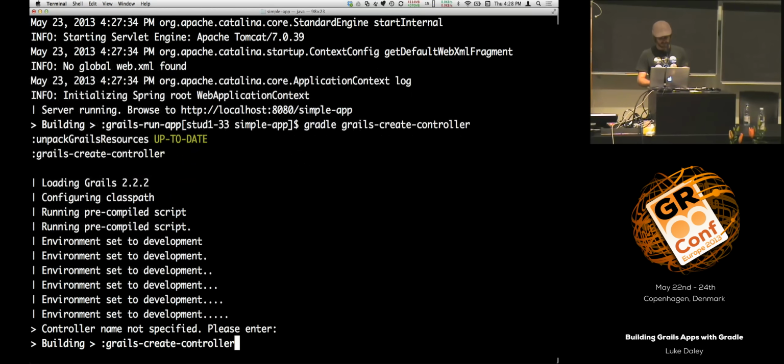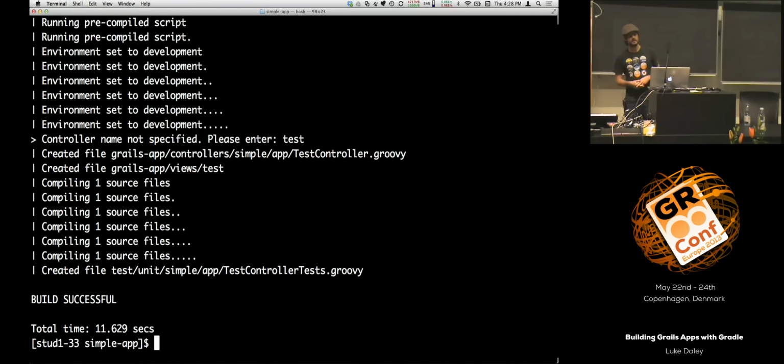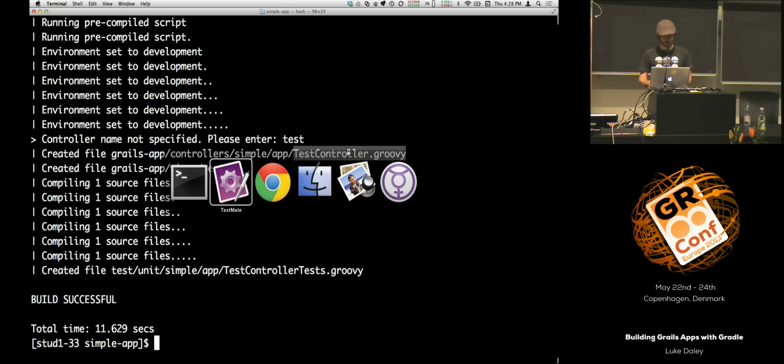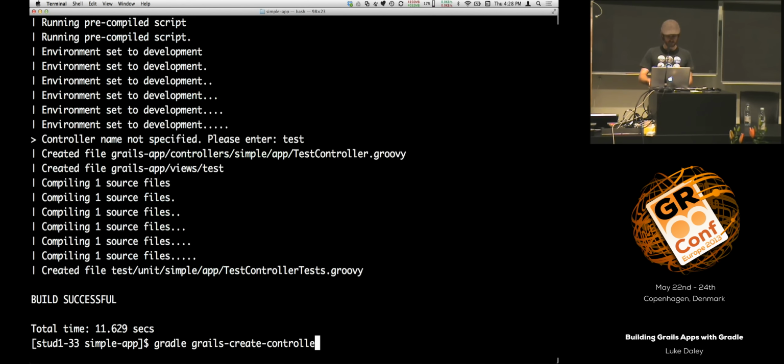The output is a little funny. When I type here, I don't actually get to see anything. Grails and Gradle are both fighting over control of the console here, so it's one of the things that's a little bit different. But I could type in test there, and it's created a TestController.groovy for me, just like the create controller command. Now if I do Gradle Grails run app,